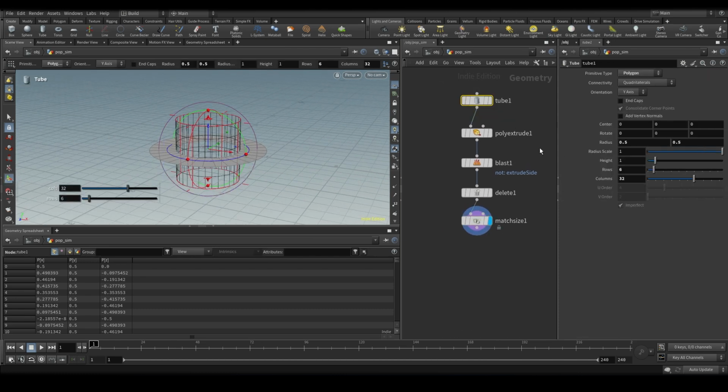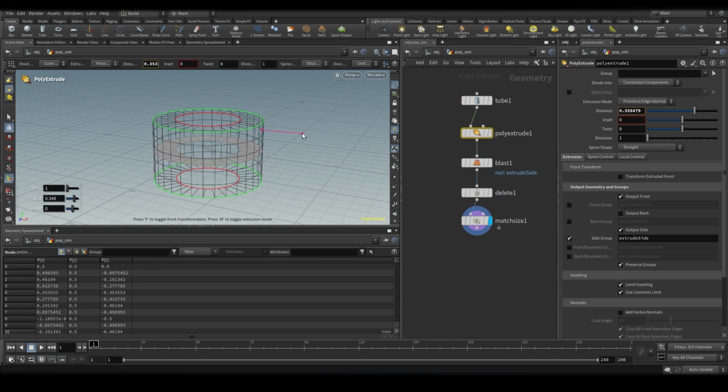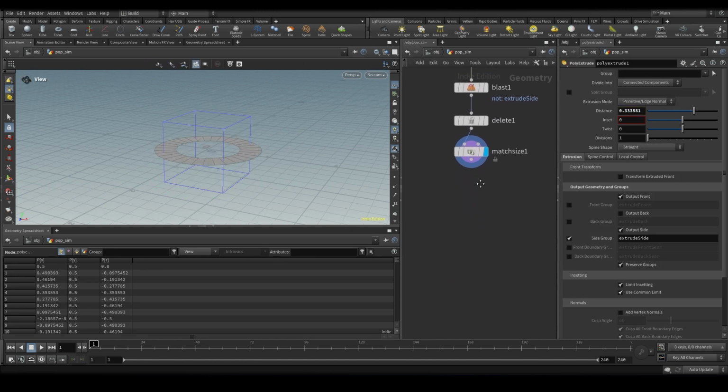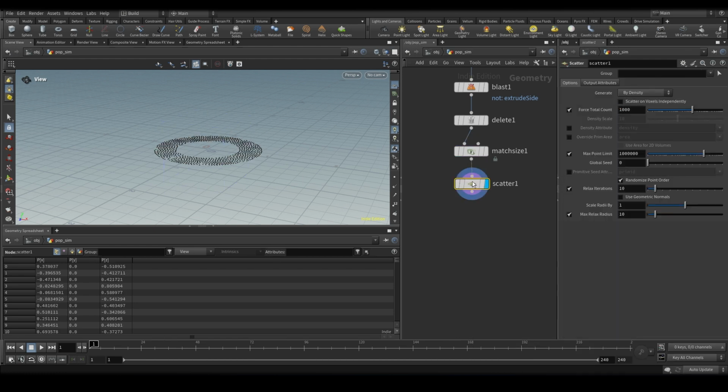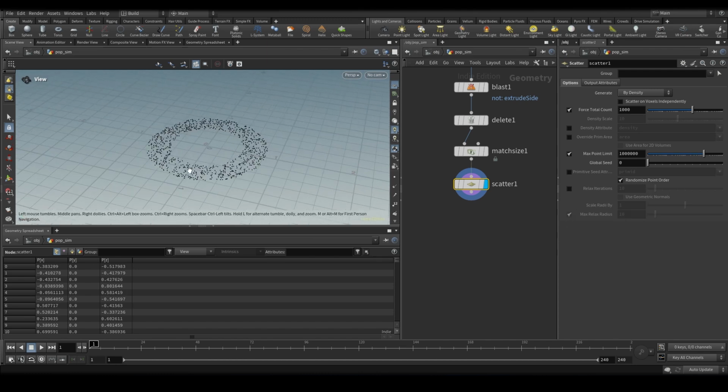I also do feel like this is a tad bit too thick. Let's bring this in a little bit here. And then we're going to do a scatter. And then on here, we want to go ahead and click off relax iterations. We're going to randomize the positions of all our points. And let's give ourselves a little bit more resolution. Let's do